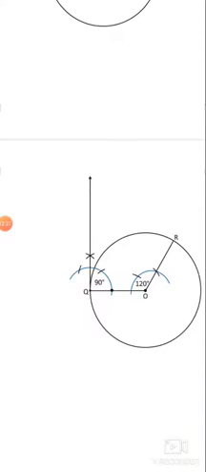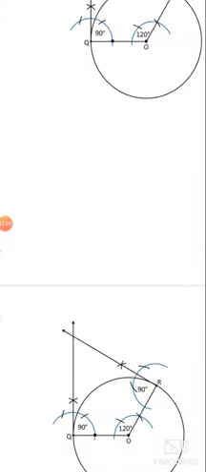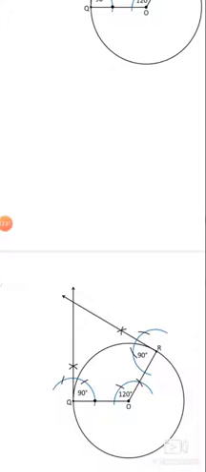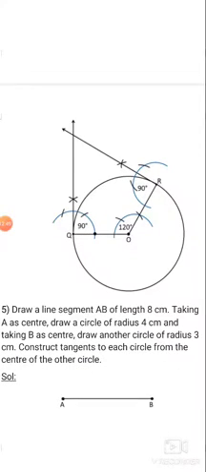Same as we need to construct angle R also. How much degree? 90 degree. Now that through 90 degree intersect at a fixed point, that point is the external point. That is inclined at the angle how much degree? 60 degree. Clear? The next question.